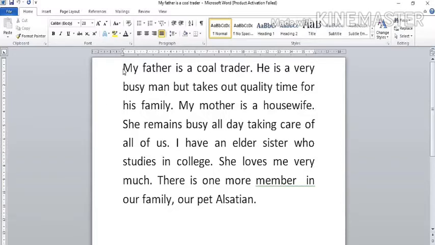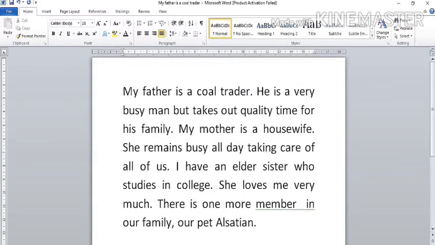I have taken the cursor to the beginning. Now I will press enter. Take the cursor up. I will put caps lock on and type my family. Now why do we put a heading? We put a heading to make our document look more attractive. So first of all, that heading should be centered.